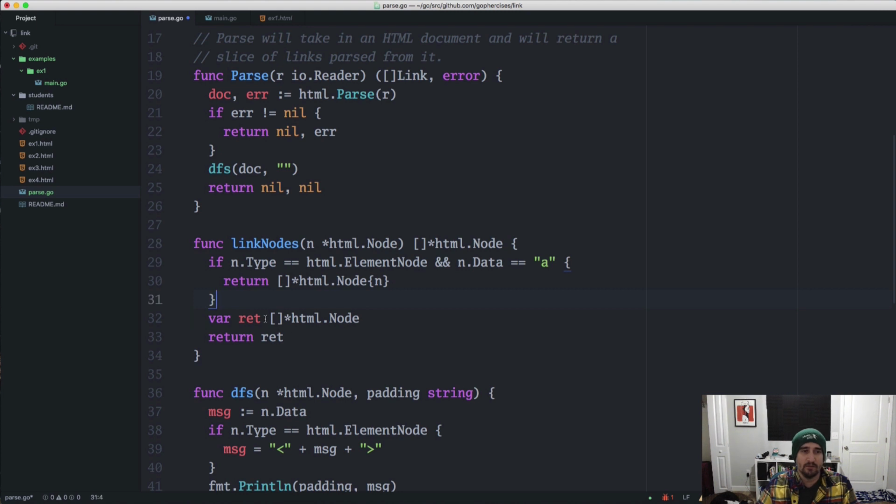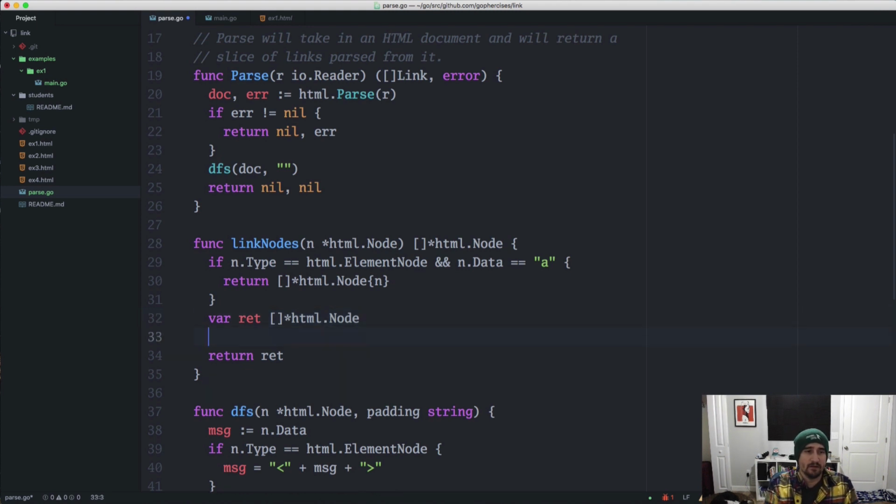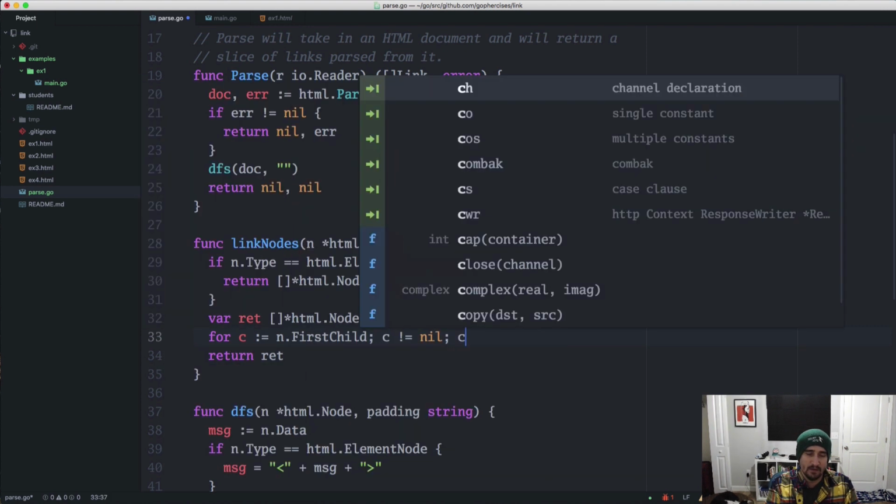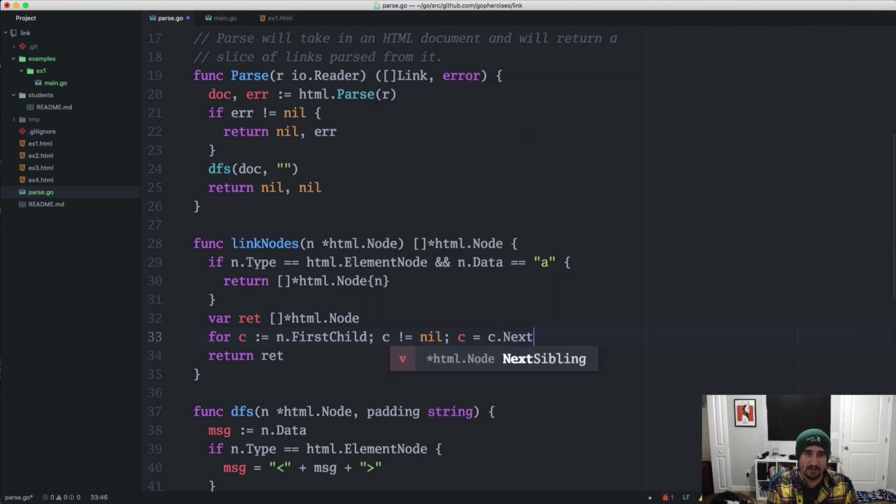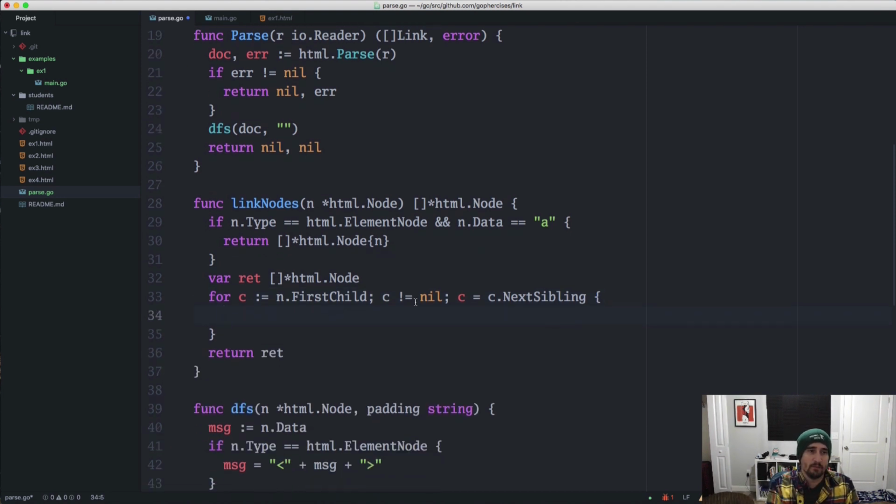Otherwise, we need to go look at all the children of the current node because it's not a link. It might have some links underneath of it, but we don't know that yet. So what we're going to do here is say for c := n.FirstChild, c is not equal to nil, and c = c.NextSibling. And this will allow us to look over all the siblings for whatever node is passed in. And we're going to say that we want to make ret equal to,